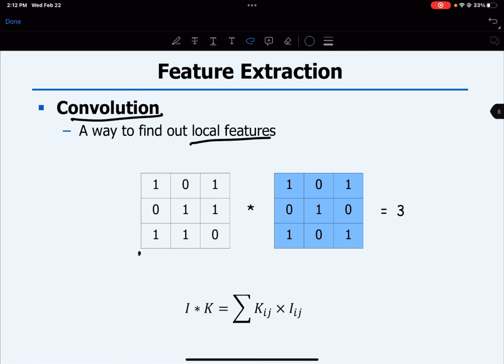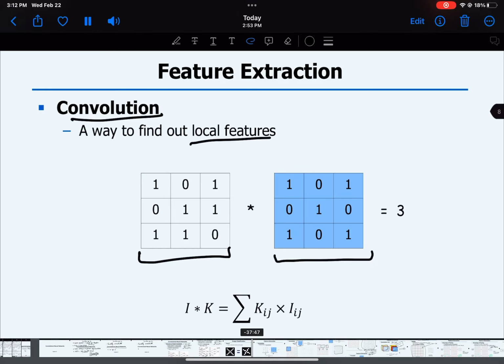Let's suppose this is our image and this is the mask that we have, and we multiply them. This is I and this